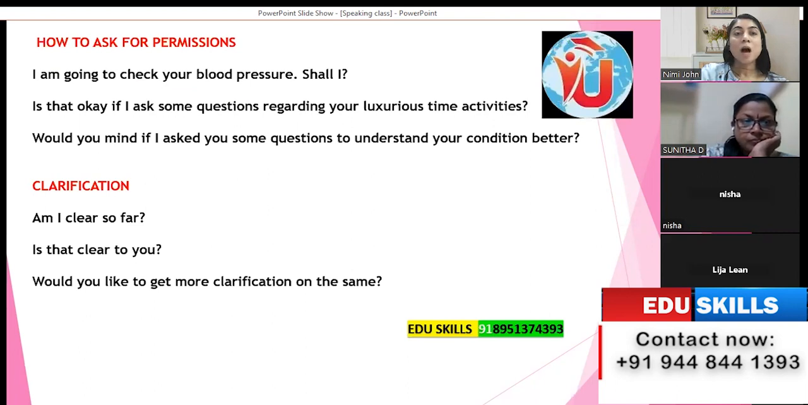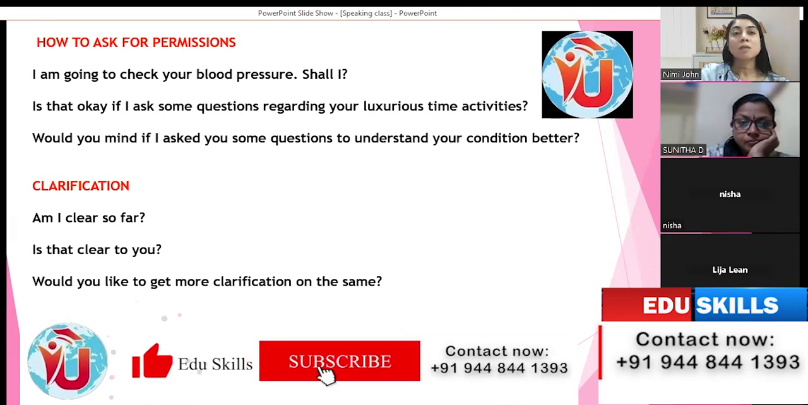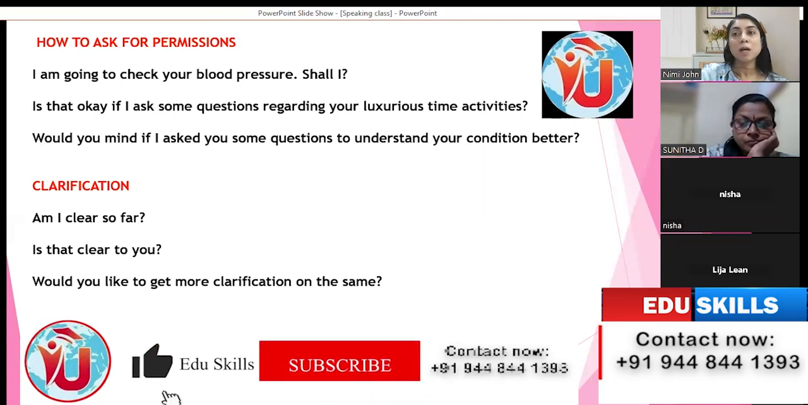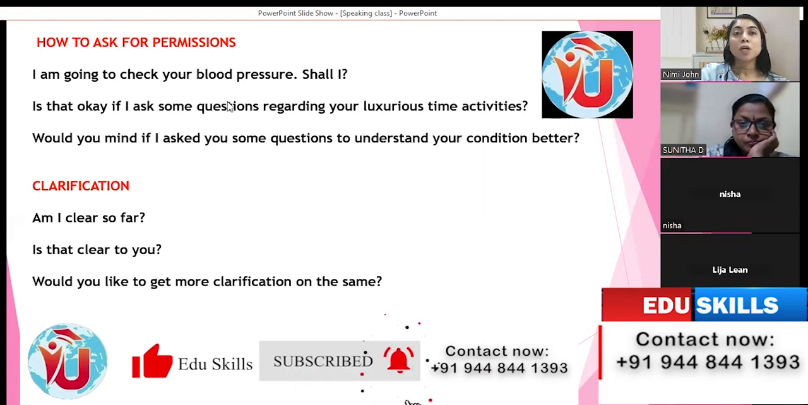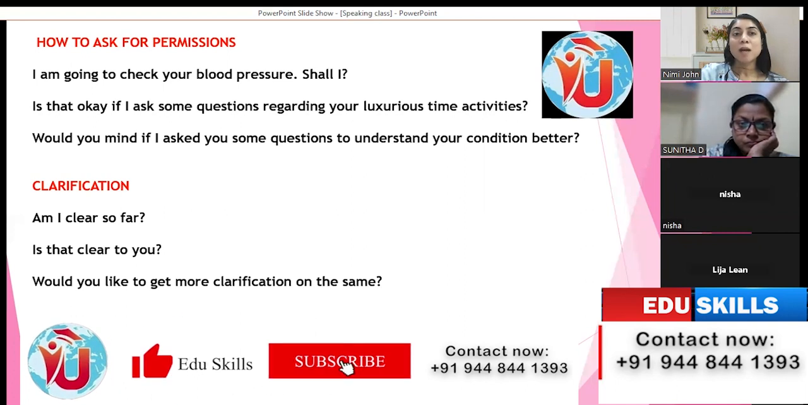Then this is how to ask for permission. Before doing any examination, or before we ask the patient for any personal details, we have to take permission from the patient. So these are some examples: "I'm going to check your blood pressure. Shall I? Is that okay?" "If I ask some questions"